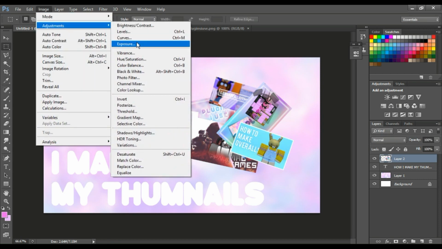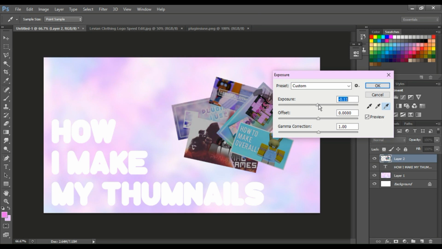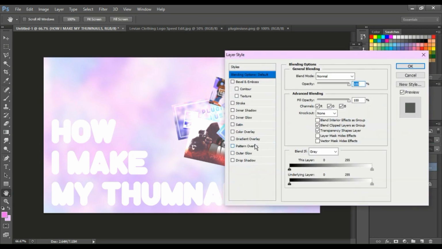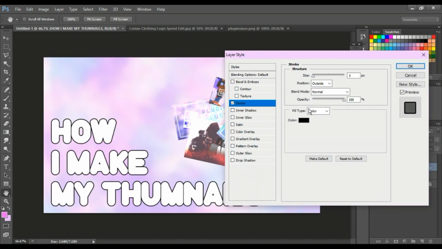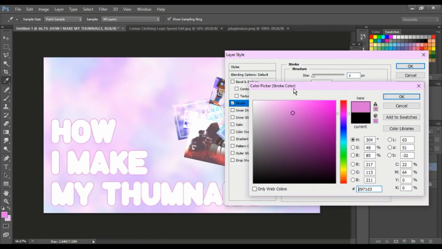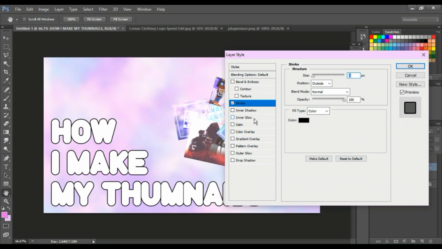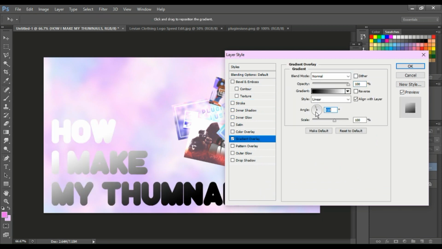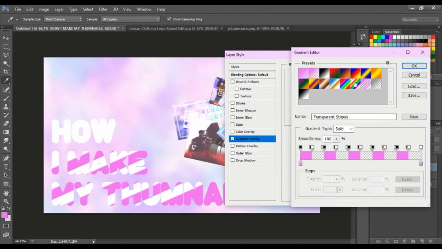So then I just adjust the color and exposure, just to make it look a little bit better and match with the background a little bit, so it doesn't look too bright or too dark. And I'm outlining the text a little bit, so it extends, if that's the word, the thumbnail.